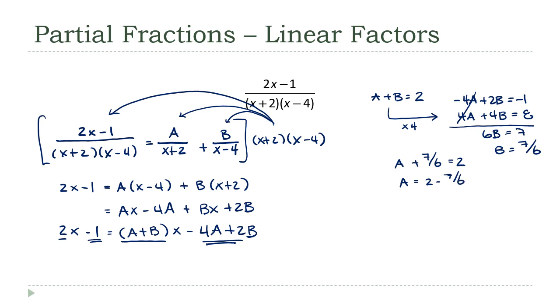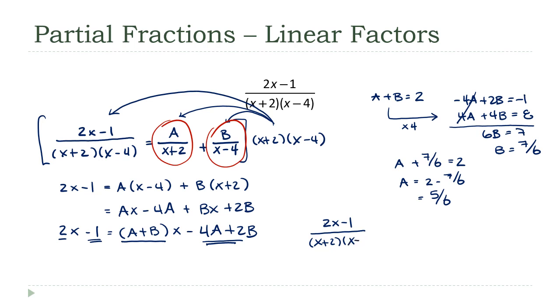12, 6. So this is 5, 6. And there are my values for a and b. Now remember, to get the final answer, I'm going to take those two numbers and substitute them back into here and here. And if I do that, I get 2x minus 1. This is the original rational function,